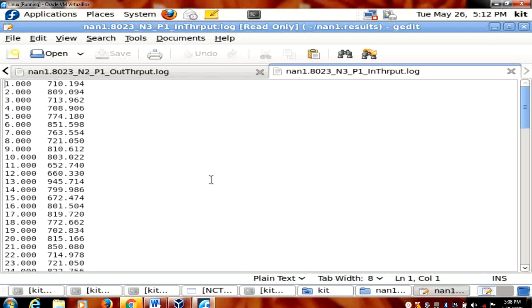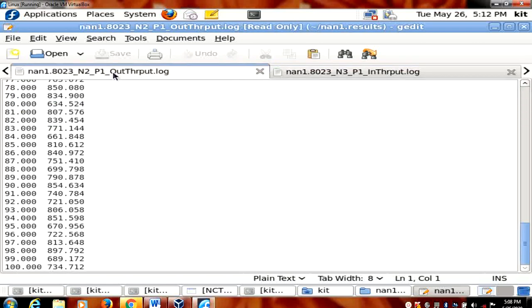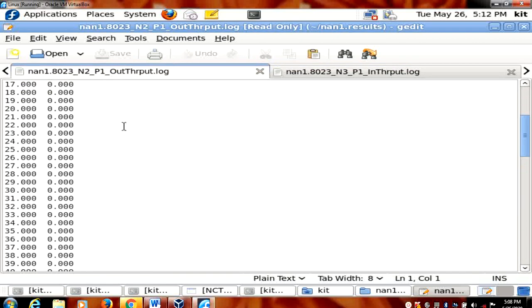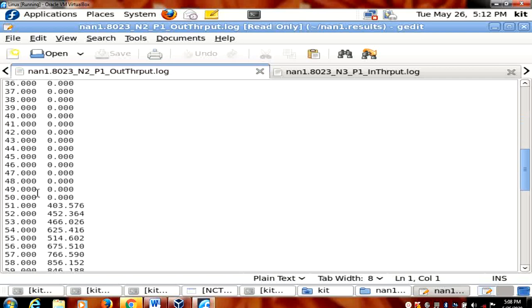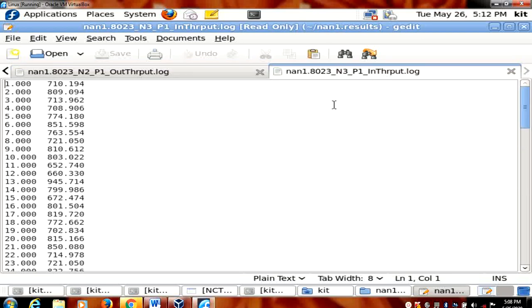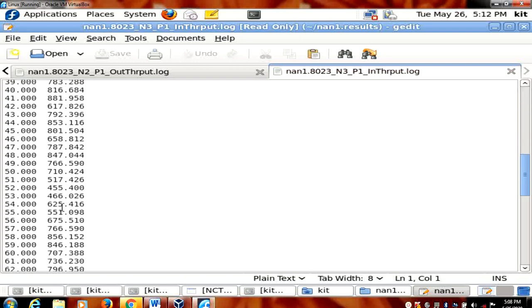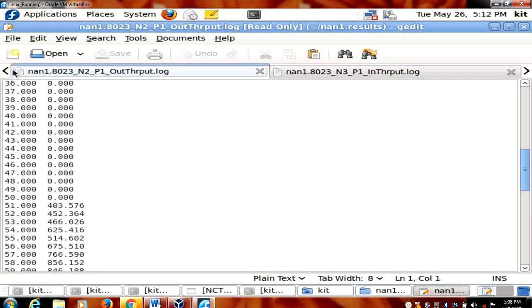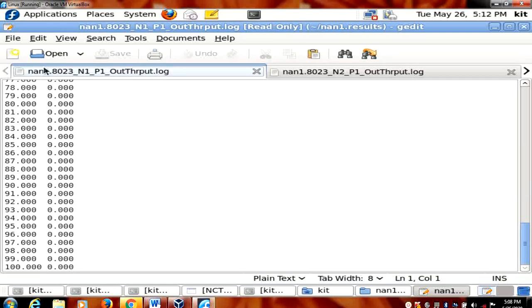I'm just observing the N2. In N2, you just see what you have at 51: 403. Observe in N3, at 51 you have 570. Why? Because across the N1 also you have data at 51.